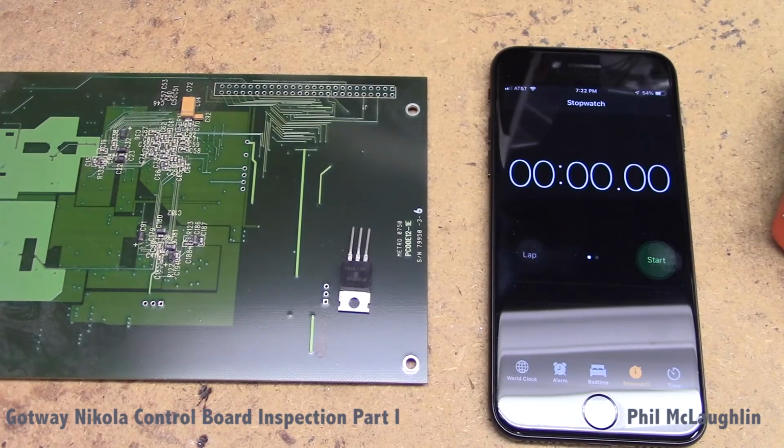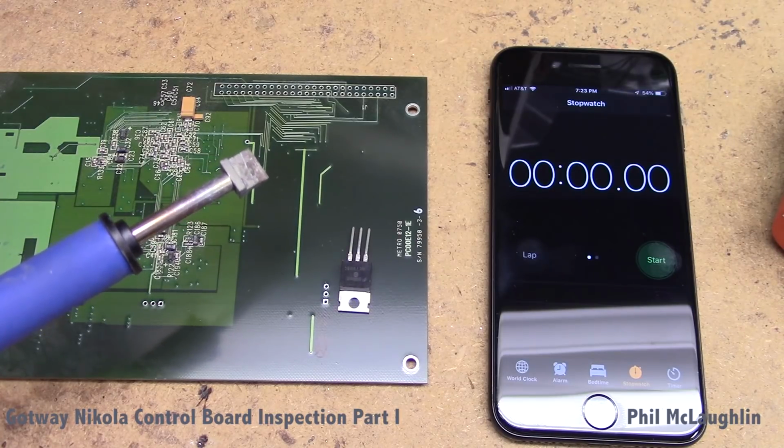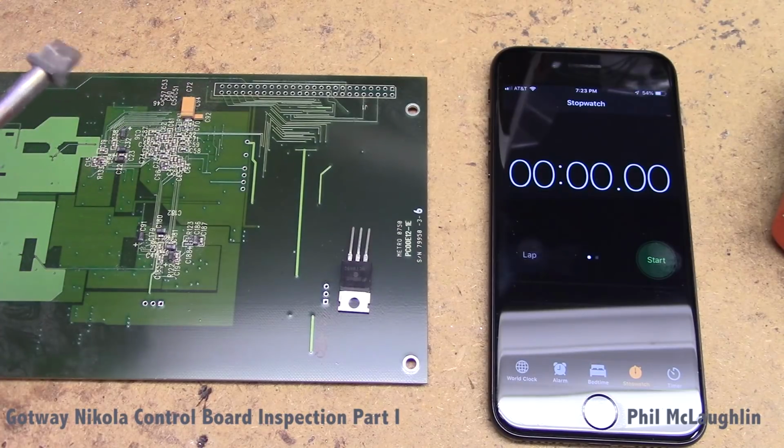Well, for our first thermal test, we're going to do something which is kind of like a control for this experiment. So I have a soldering iron with a chisel tip here, a wide tip. Just put it in frame so you get an idea what that looks like. And what I'm going to do is I'm actually taking a TO220 package, which is identical in configuration to the one that's installed